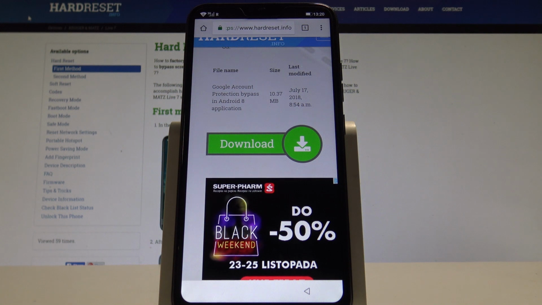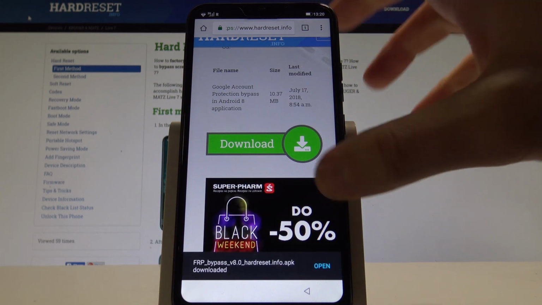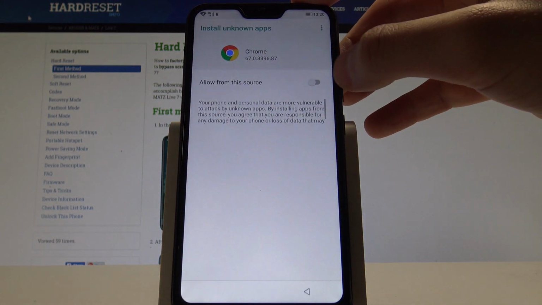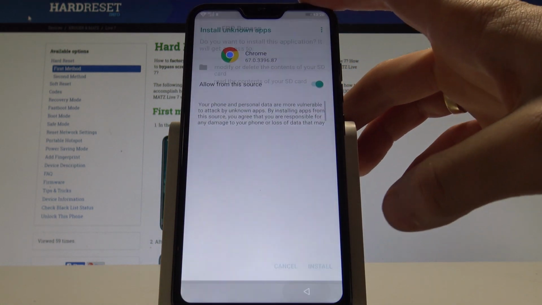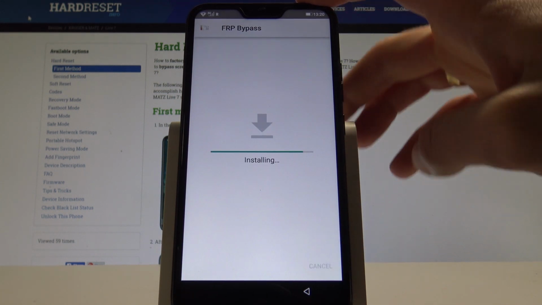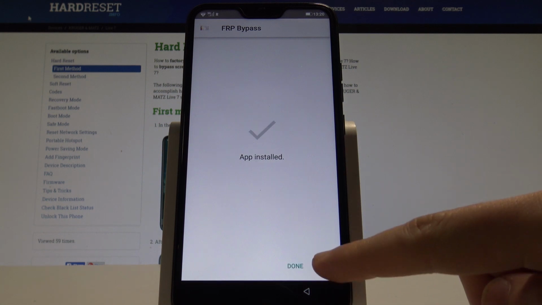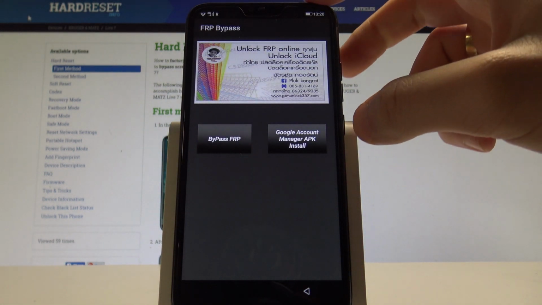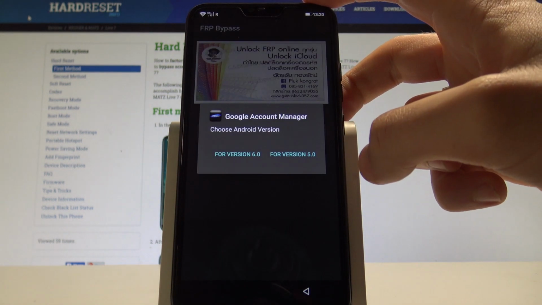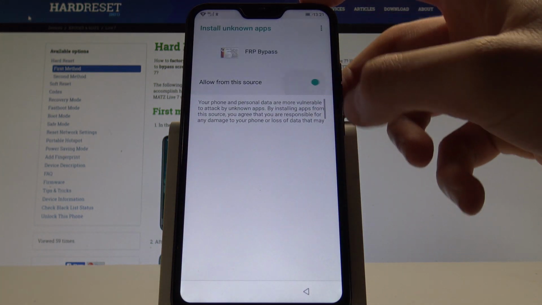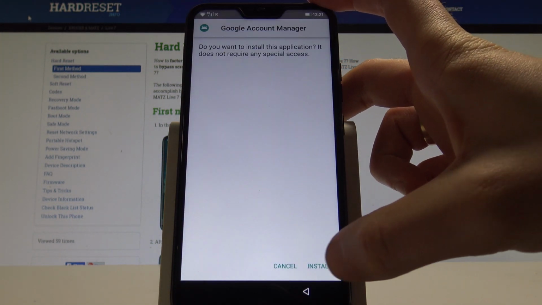Let's wait a few seconds. Alright, now let's tap open. Tap settings and let's enable from this source. Let's go back. Tap install. Let's select open, and here let's use Google Account Manager APK for version 6.0. Tap settings, let's allow from this source, let's go back, tap install,